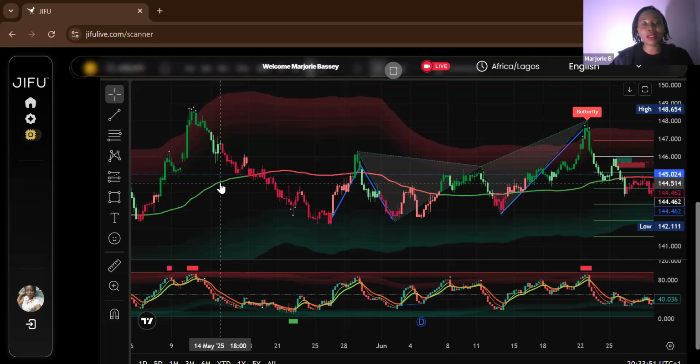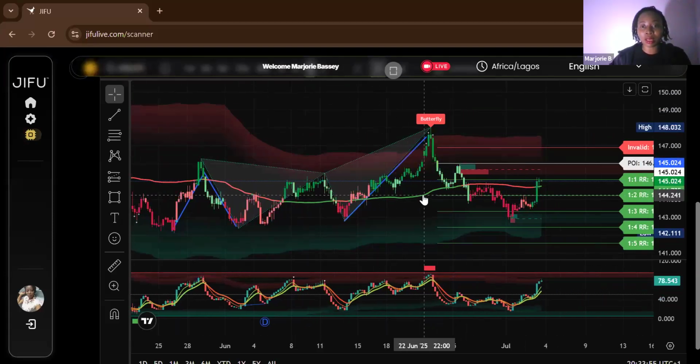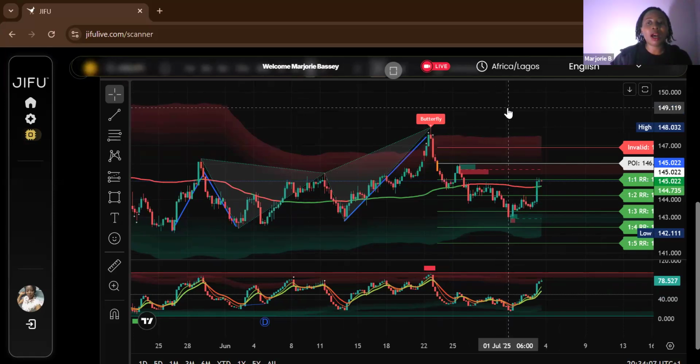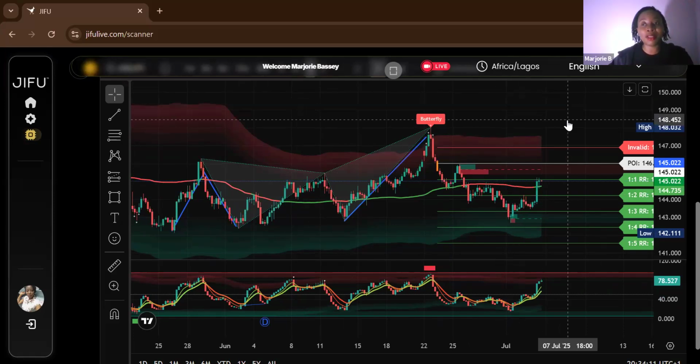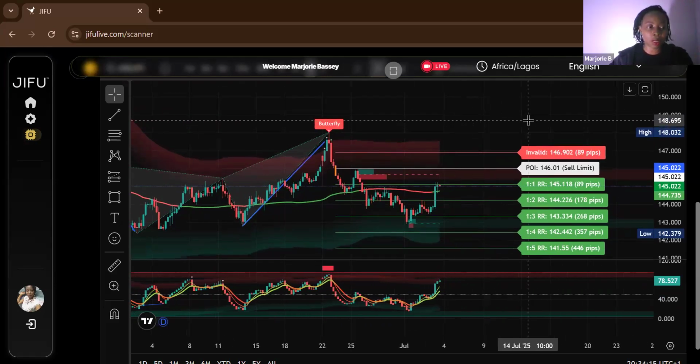So at a glance, you can actually click and then you see what exactly the market is doing. So now, the question is, with all these things in place, how do we know a valid idea? And how do we know what to take, what not to take? Very simple. Step one,